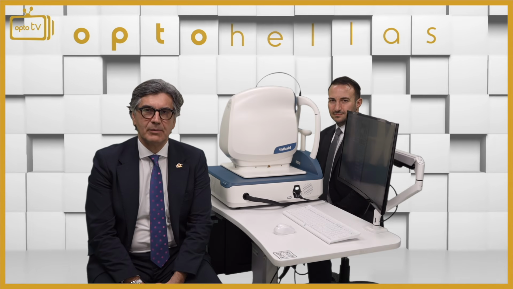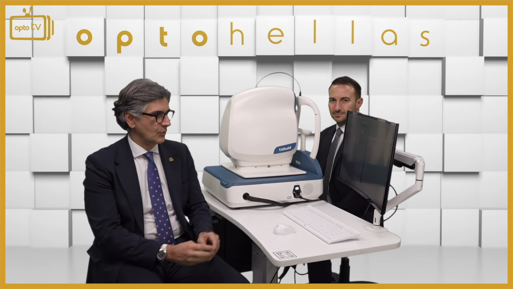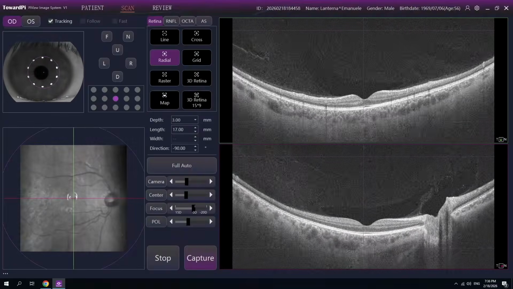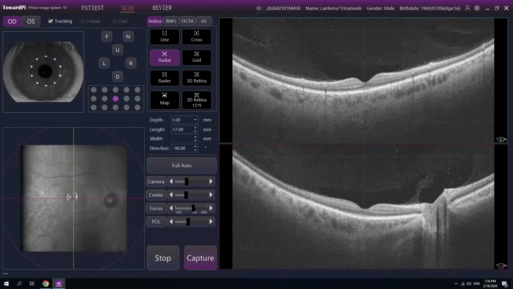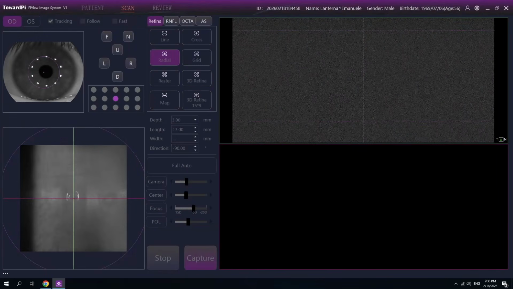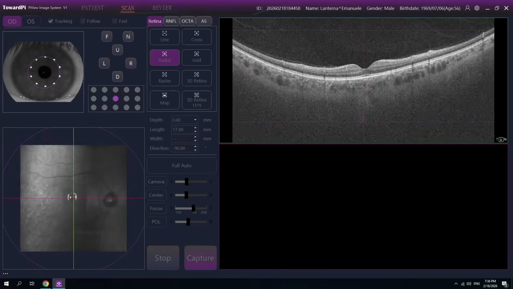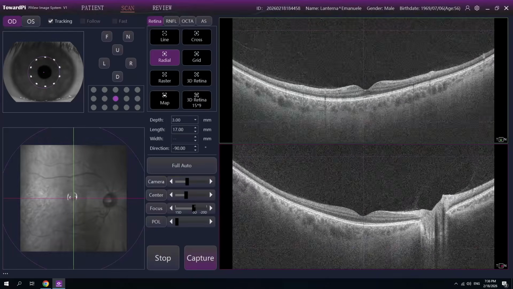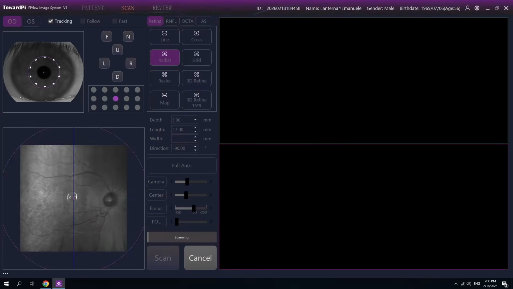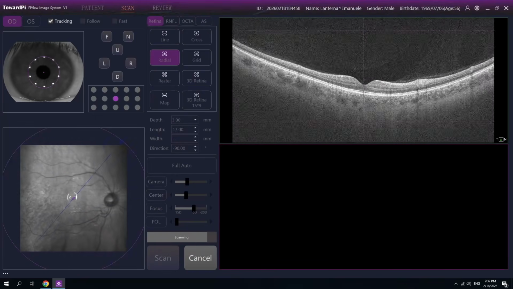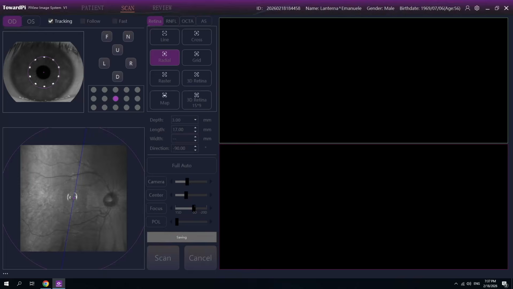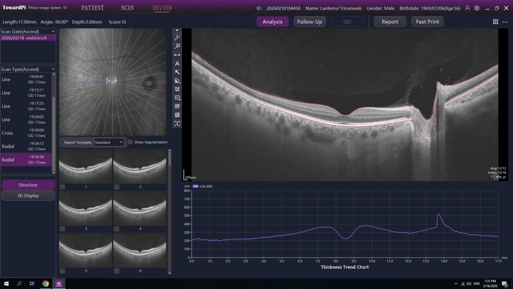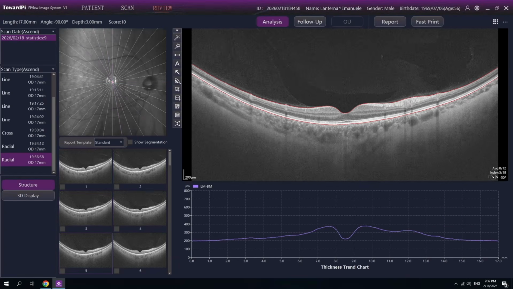Now I'm going to speak about the radial scan acquisition. So we have the patient, same procedure, X and Y, with the scroll Z, full auto, and I have set the line scan to 17 millimeter length, and as soon as I am ready, I can click the capture button and the system acquires 18 line scans. If I press review, I have all the 18 line scans available to be